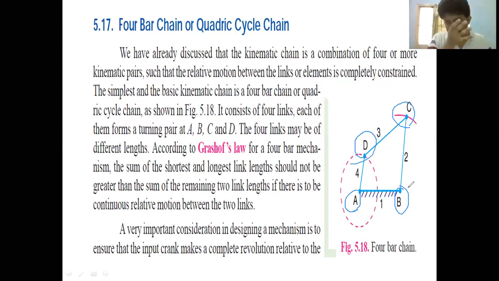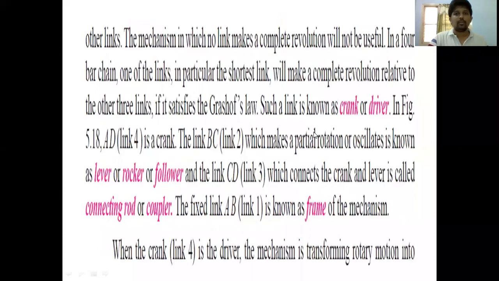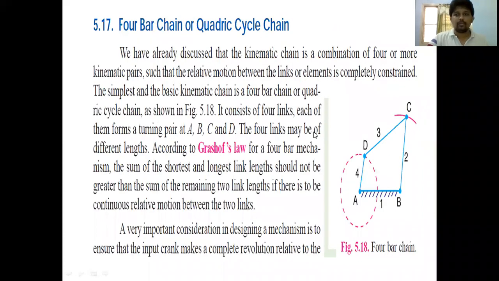So a mechanism is something in which you fix a link. We are talking about the four bar chain mechanism. Here we have four links and one of which is fixed, that is AB, which we fixed here, and